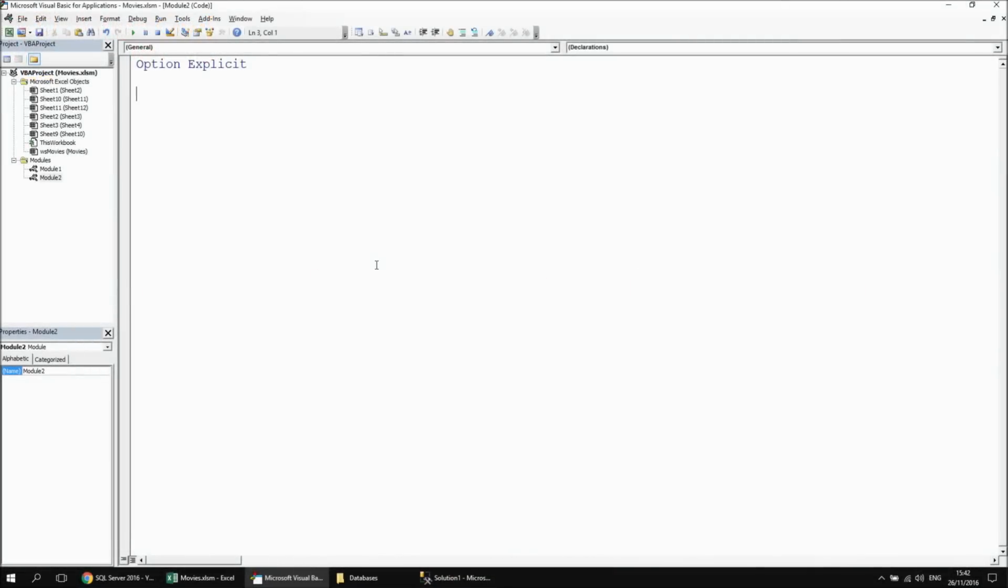So we've run through this a couple of times previously. I'm just going to write a couple of quick subroutines to delete all sheets but the movies sheet. So let's have a quick go at doing that. I'll declare a variable called ws as a worksheet, and then I'm going to say